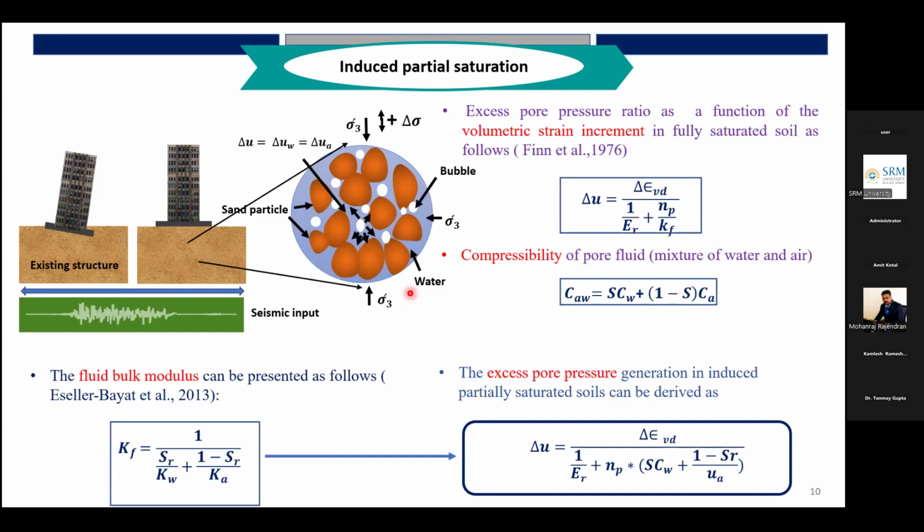So we are playing with the bulk modulus of the system. As we know, when air has been introduced into the component, it is no longer a fully saturated soil mass. As we know, the density of the soil system under fully saturated soil